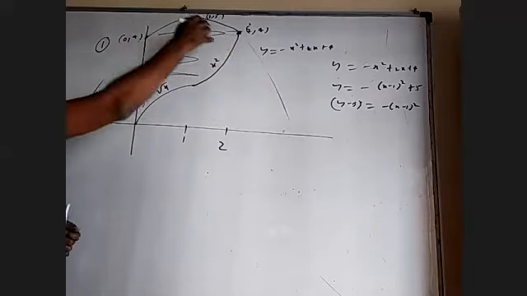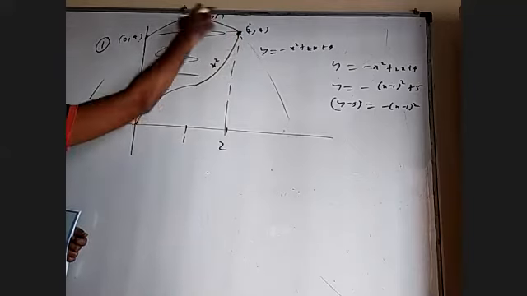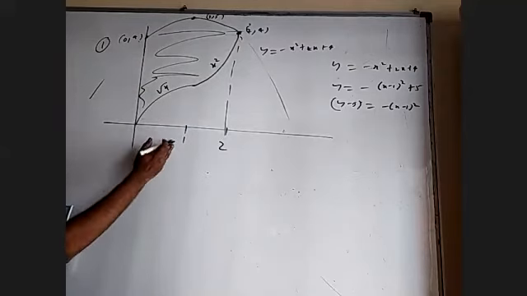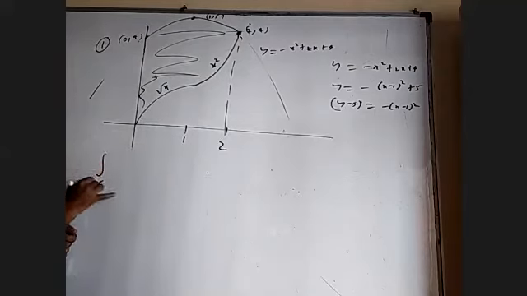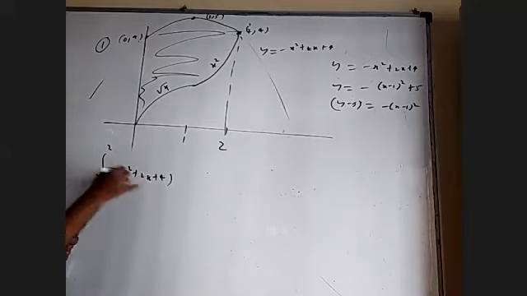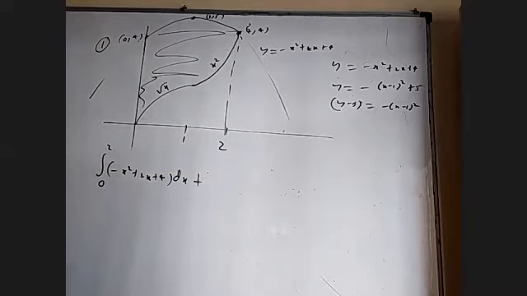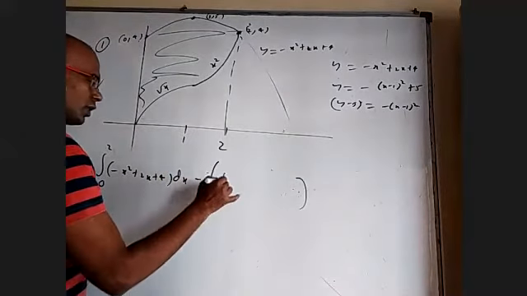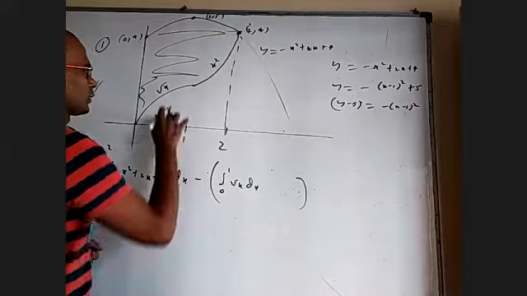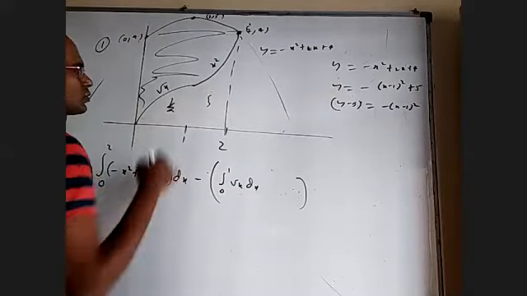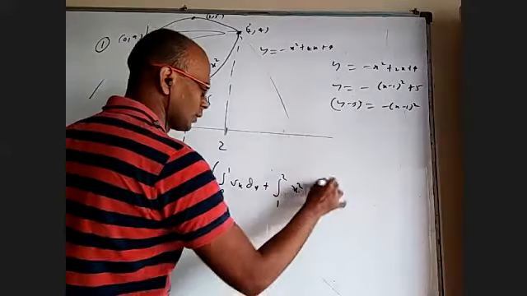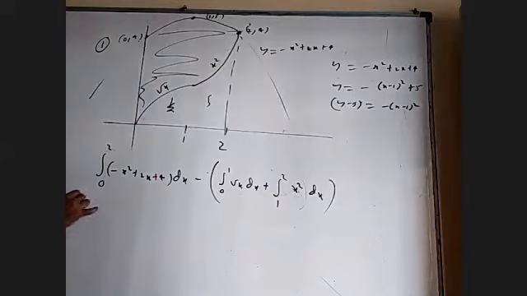So you can do upper curve minus lower curve. You can do 0 to 2, this total area, and then remove these two pieces. Okay, so either I can write 0 to 1 and 1 to 2 separately, or straight away 0 to 2 of minus x square plus 2x plus 4 dx. Plus, sorry, not plus, minus this part and this part. 0 to 1 root x dx should be removed. That is this one. This also should be removed. That is integral 1 to 2 x square dx. That's it, nothing more. Upper curve minus lower curve.